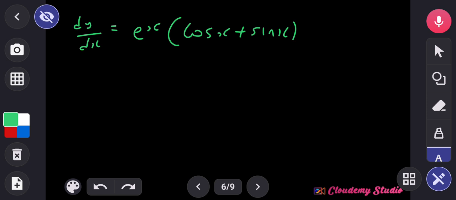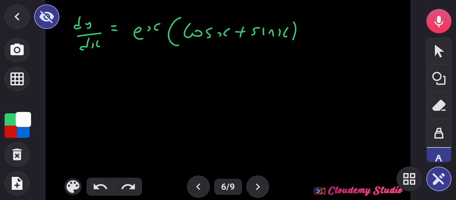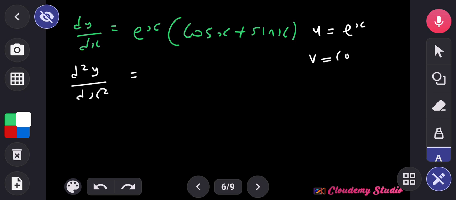I'm still going to use the product rule because the relationship between exponential x and everything inside this bracket is multiplication. In this case, u equals exponential x and v equals cos x plus sin x,